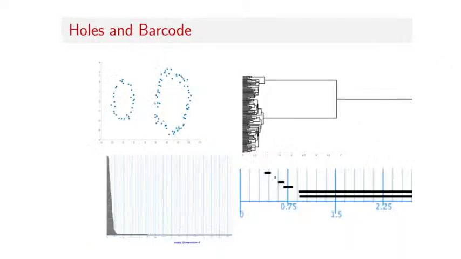However, if you take this data, which is also 2 components, suddenly this data is different from the previous data because now there are 2 cycles also. What will happen if you do the H0? You will get something very similar to the previous one, 2 prominent bars. But in H1, now there will appear 2 prominent bars, which was not there previously. So this will distinguish that this data set or this clustering is different from the previous data. So that's the power of persistent homology.